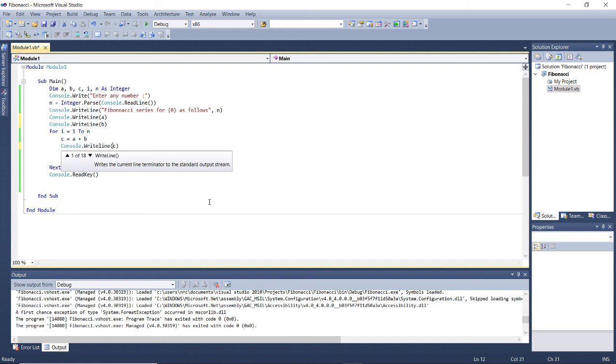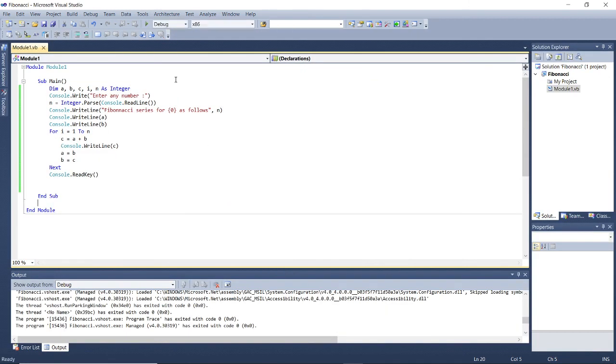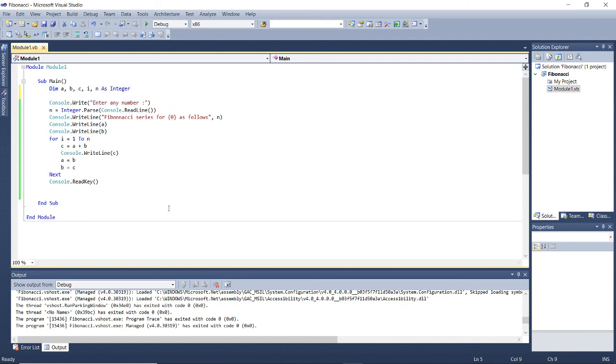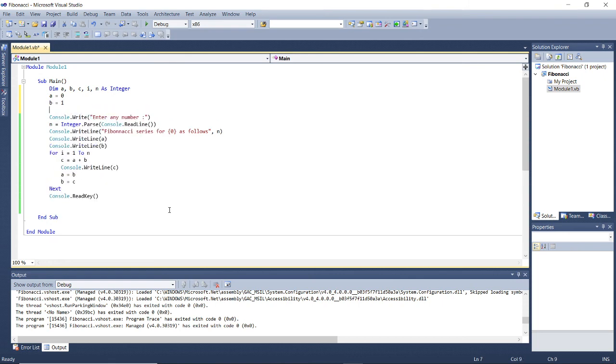Okay, I think now it is okay. So when I run this program, sorry, here you have to initialize the values of a and b. Suppose a is equal to 0, b is equal to 1, because Fibonacci series is the addition of initial two numbers 0 and 1, and the next number is the addition of the previous two numbers.